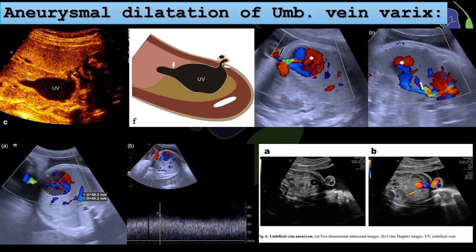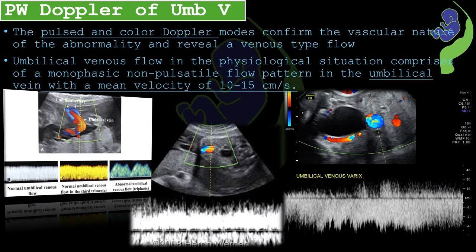As described already, when a cystic mass is identified along the course of the umbilical vein, the next step is to apply color Doppler to confirm its vascular nature, followed by the pulse wave Doppler to characterize the flow. Normally, the umbilical vein shows monophasic non-pulsatile flow with a mean velocity of about 10 to 15 centimeter per second. Familiarity with this physiological normal pattern is important so that when we come across an abnormal flow pattern, we can